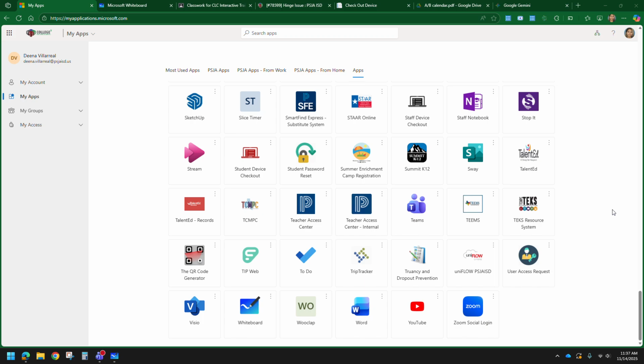Using Microsoft Whiteboard for quick group collaboration. Want a simple way to get all students involved? Let's use Microsoft Whiteboard. From your My PSJA applications page, where you can locate this at the